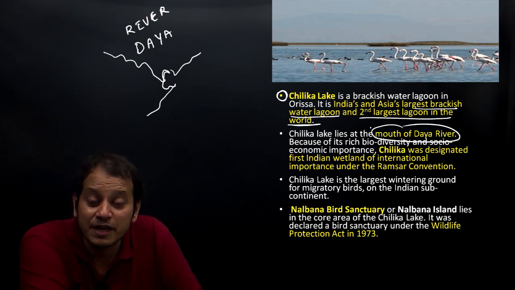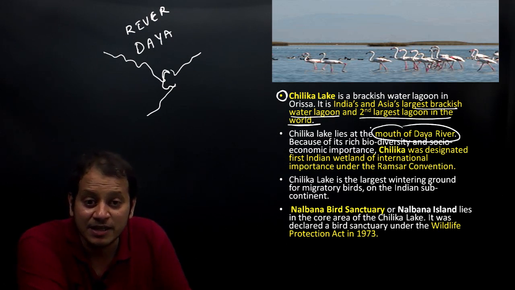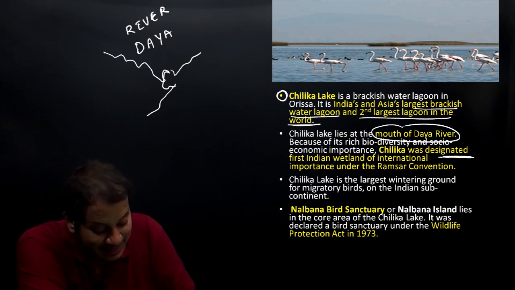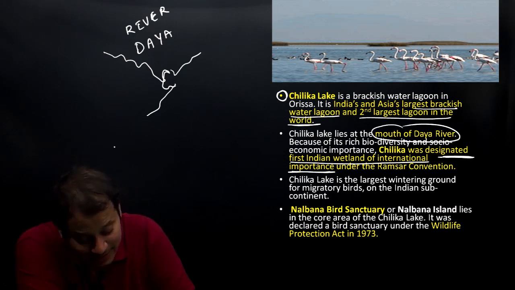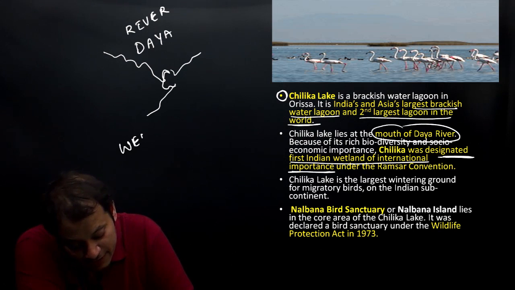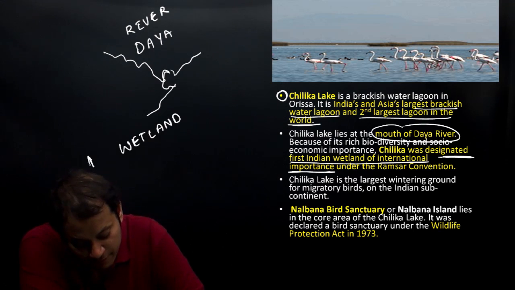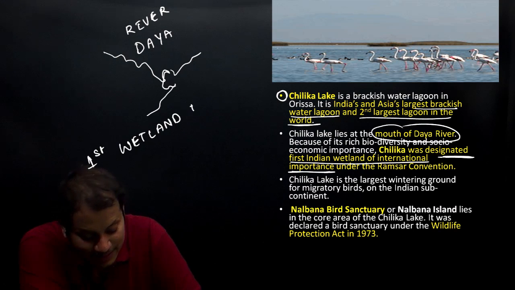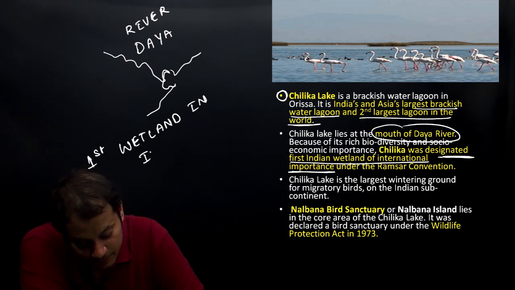Because of extremely rich biodiversity, the Chilka was designated as a wetland of international importance. It was the first wetland in India under